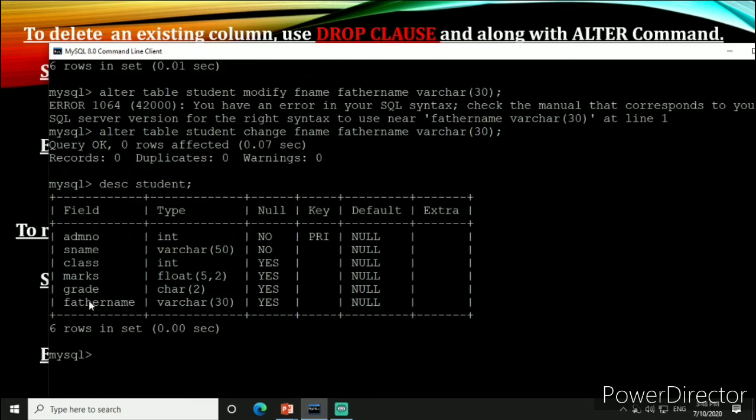Suppose that we want to change the data type of grade column. So alter table name is student, modify the name of the column is grade and its data type is varchar. We can modify its data type with varchar 5.